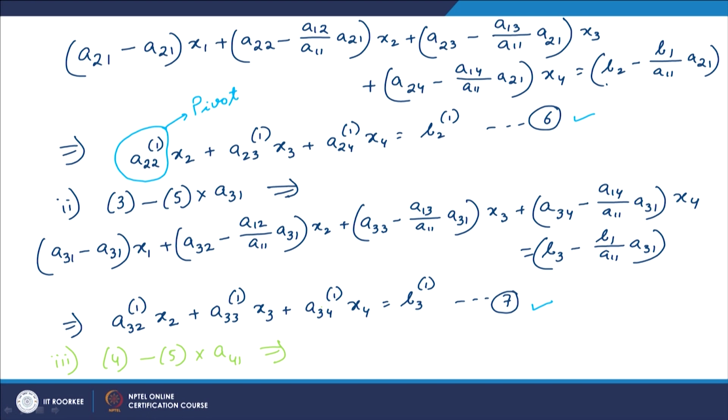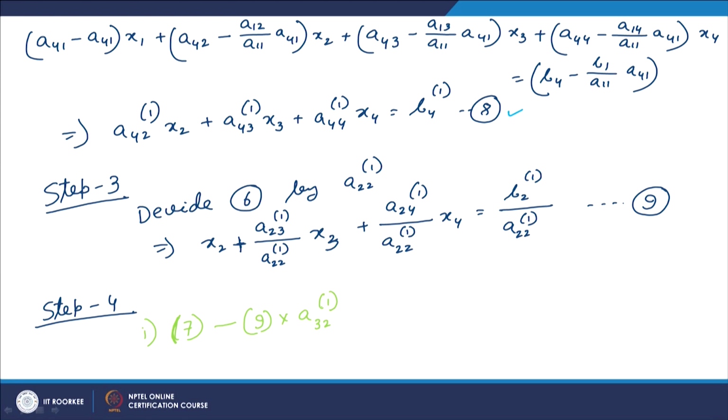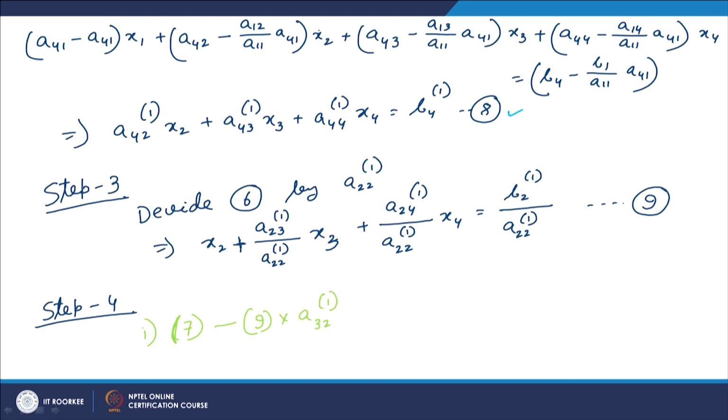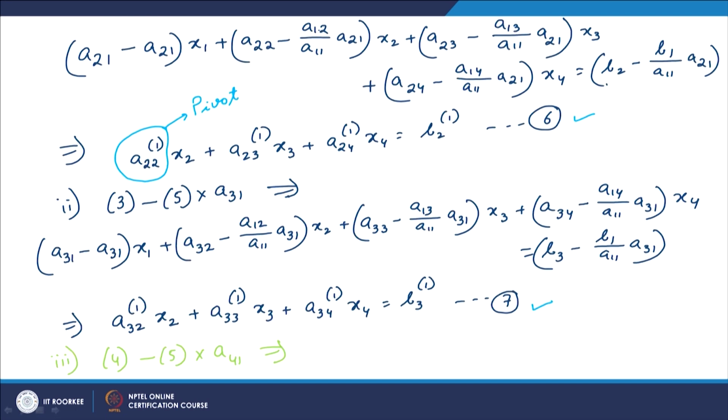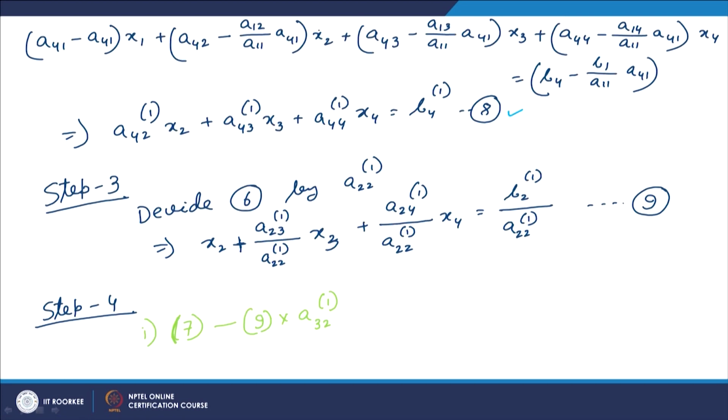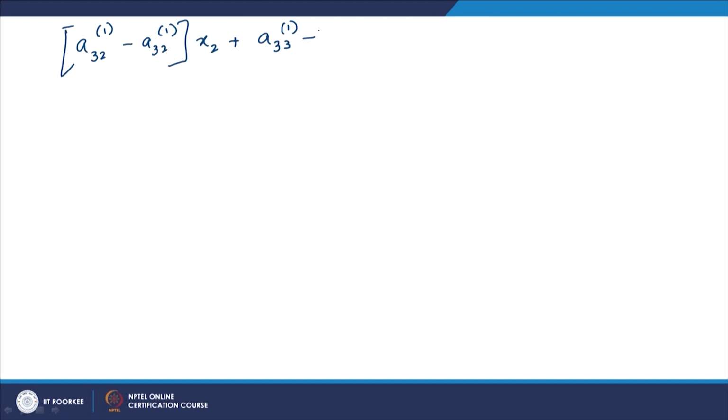So, what we get is A331 minus A231 by A221 into A321, this into x3 plus